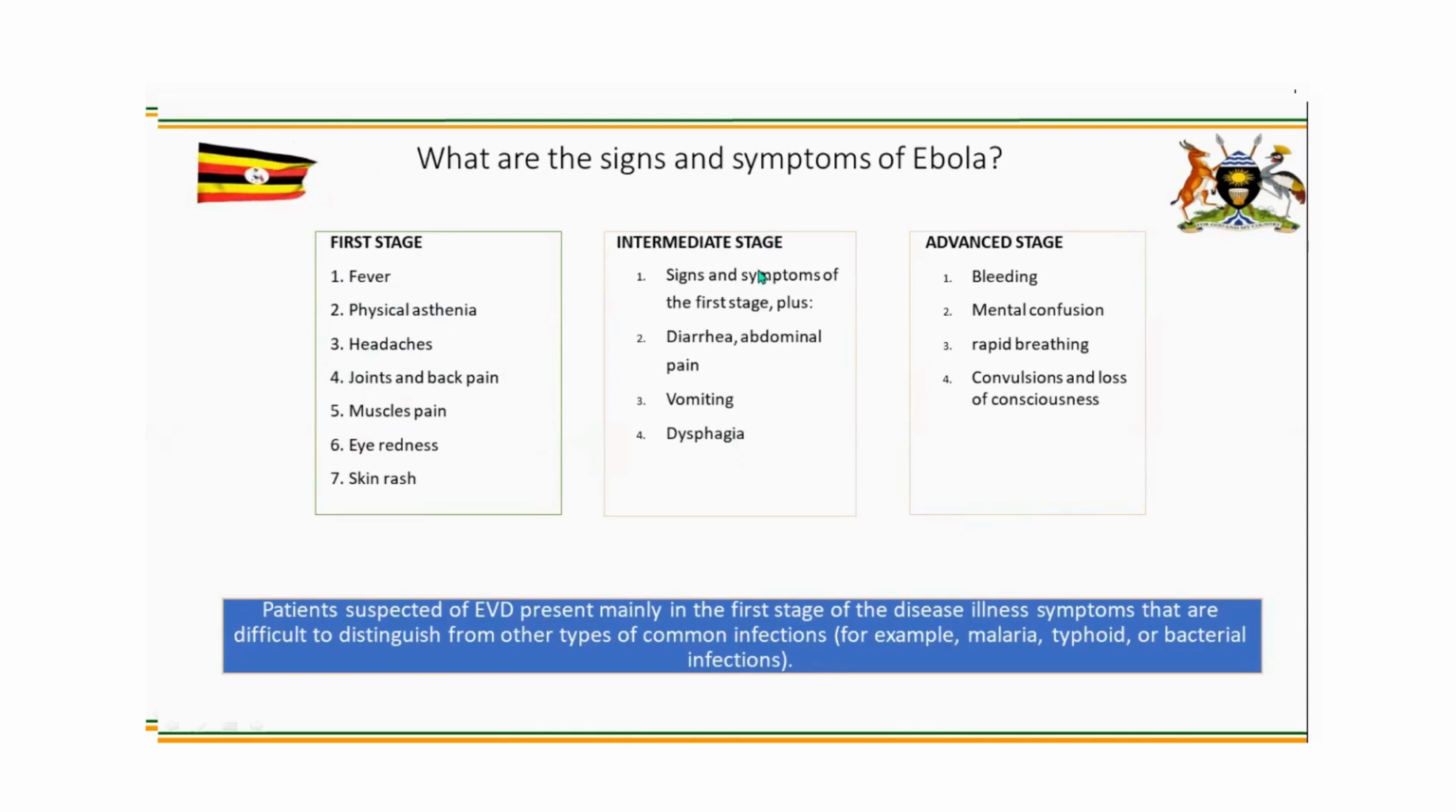We can utilize this very effectively to see which patient we are picking exactly using the screening tool. And of course, in the intermediate stage, we are saying here that those symptoms of the first stage plus now GIT symptoms, the wet symptoms: diarrhea, abdominal pain, vomiting, dysphagia. And then in the advanced stage, that's where probably 30% of them may present with bleeding from the orifices, mental confusion, rapid breathing, convulsions, and loss of consciousness. So most of these patients may not be presenting to you with all these symptoms. It's up to us to be very critical and scrutinize and see that they really meet the case definition